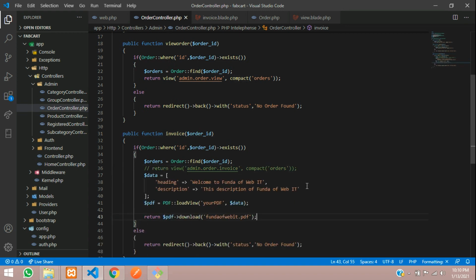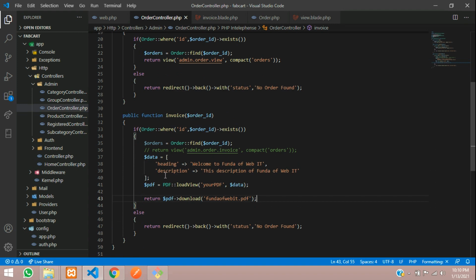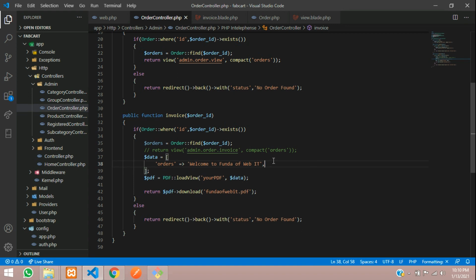So let's push this, and over here now guys, this is the order table, right? Orders. So let's copy this variable and paste it over here, assign this variable, and let me remove unwanted data. So let's remove that, and over here you are going to pass your variable called $order.